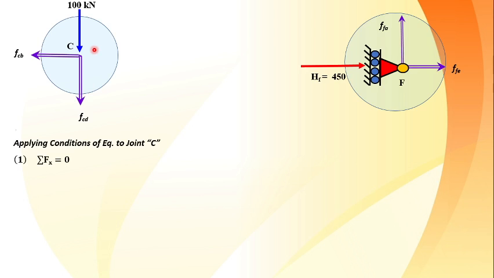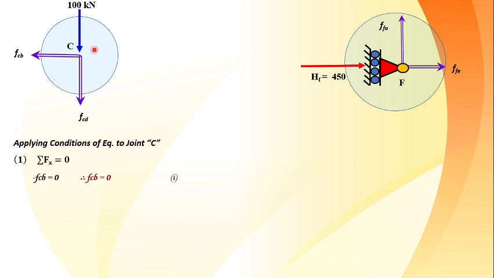This being a concurrent force system, three forces are available. Out of these three, one is known to you. So I am left with two types of method, or two ways by means of which I can do the analysis. Either go with the conditions of equilibrium or directly start with Lami's theorem. So I am here going with the condition of equilibrium.